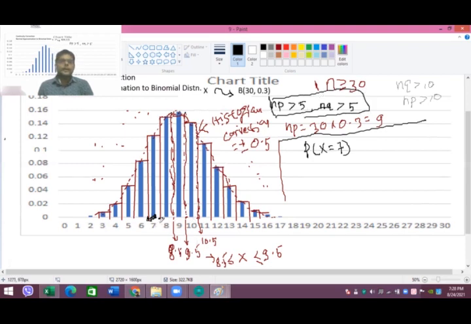what you can do is, 7 is a discrete case, so we will not use 7, we will use the neighborhood of this 7. So if you deduct 0.5 from 7, we are considering this continuous boundary, so it is 6.5, and if you add 0.5 to 7, we are talking of this continuous boundary, 7.5, and you can write here, you have to find this probability. In the discrete case, you directly find P(X=7) by using the nCr p^r q^(n-r) formula. Now here you can approximate this binomial situation by using the normal situation like this.